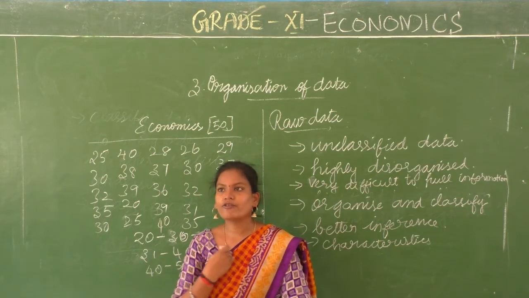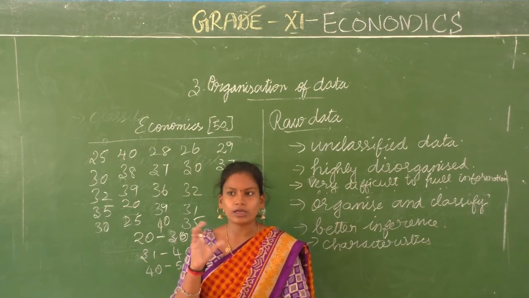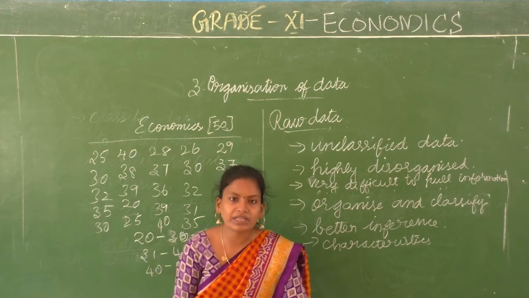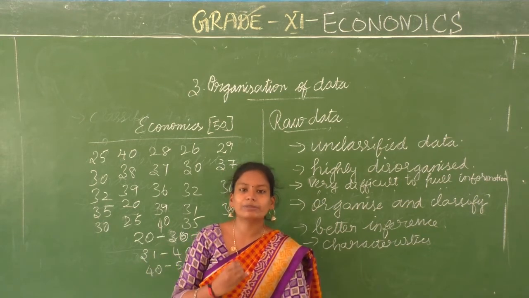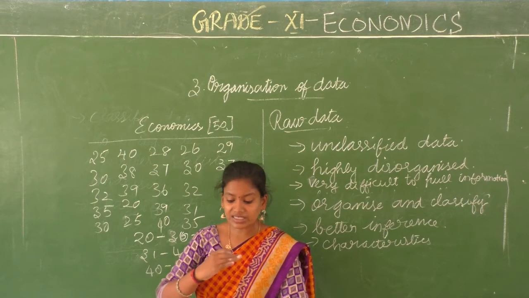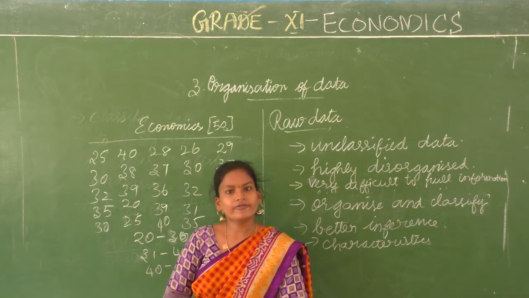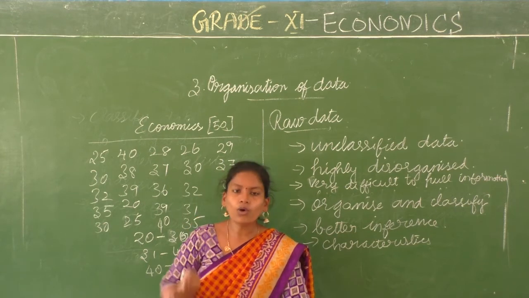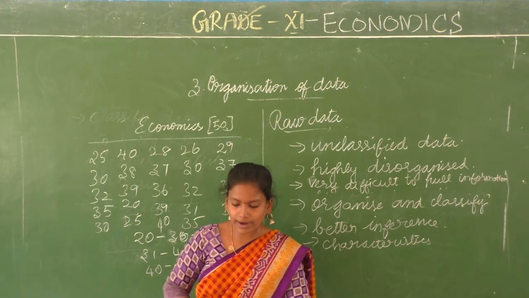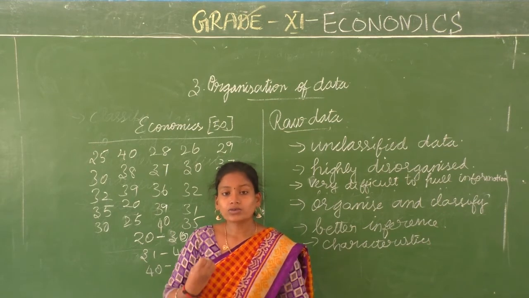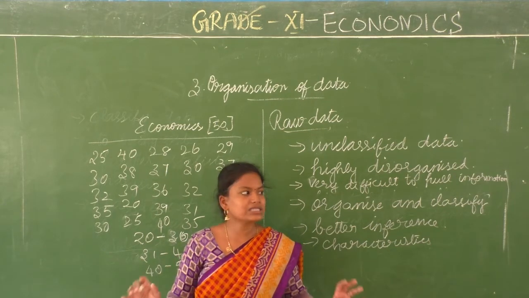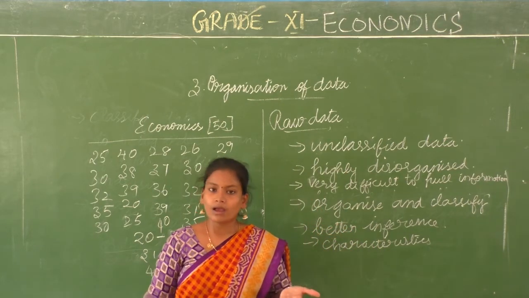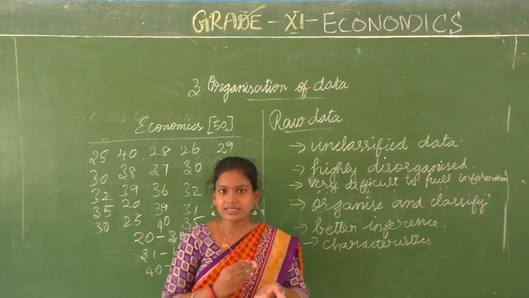So when I send it, for me it will look small, Namakkal that much only. But when the census head office gets it from each part of India, from each nook and corner of India, they will be receiving it. So that itself is a very big raw data. If they present it directly, will you be able to understand it? No. We will not understand a single thing out of it. So what do they do? They don't present it as it is. They will fragment it. They will divide it into classes based on various characteristics, and then present it.